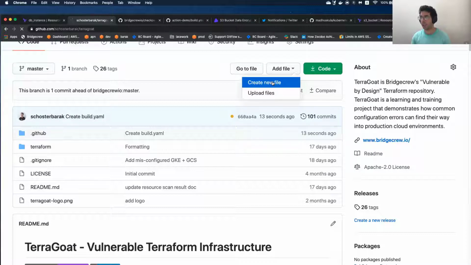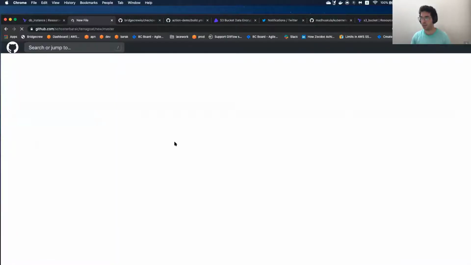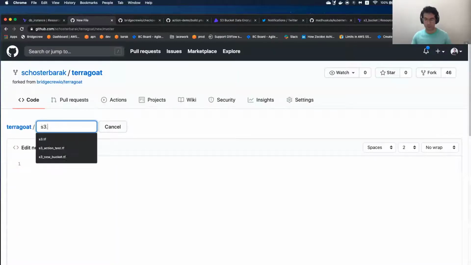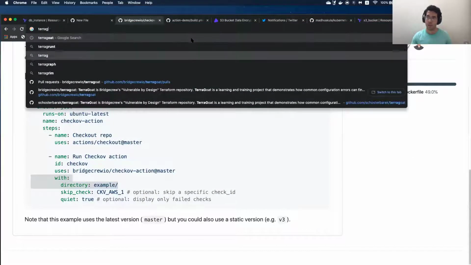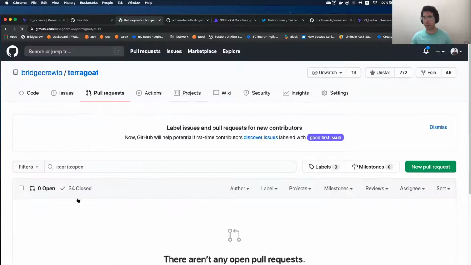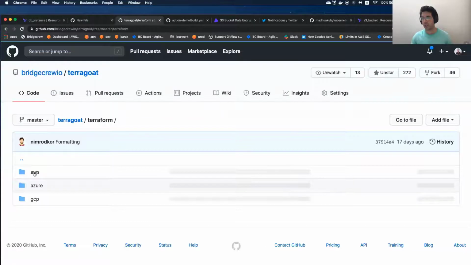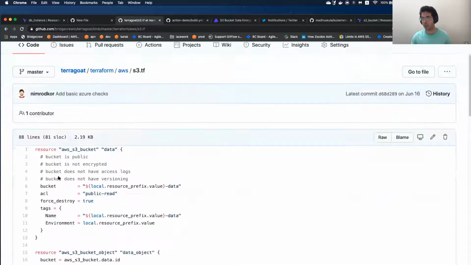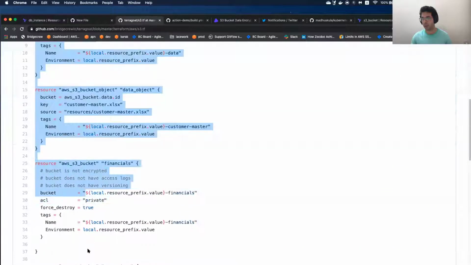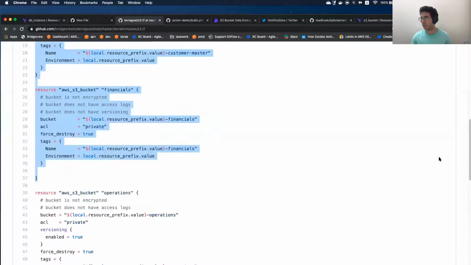I'm going to create a new file called s3.tf. This is my Terraform file. And if I'm looking for a vulnerable file, where can I find one? Right, in Terragoat. So I'm going to copy just one of the files to demonstrate how a CI/CD pipeline looks like. So let's copy everything